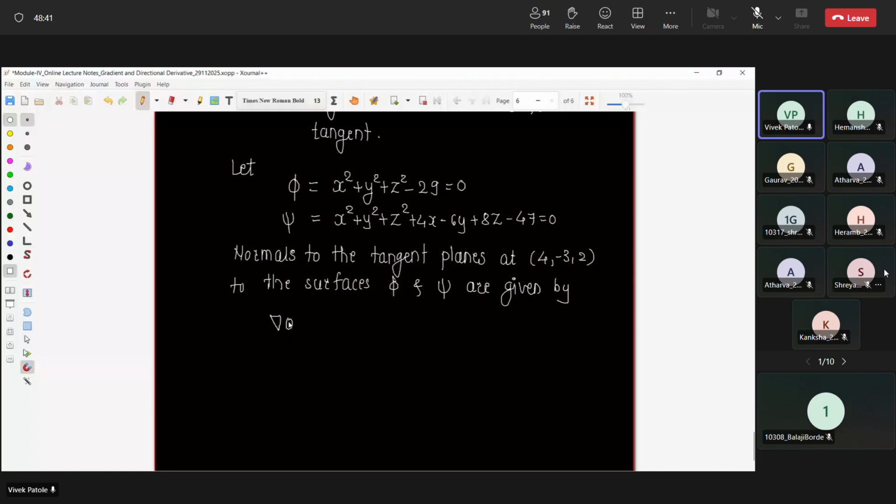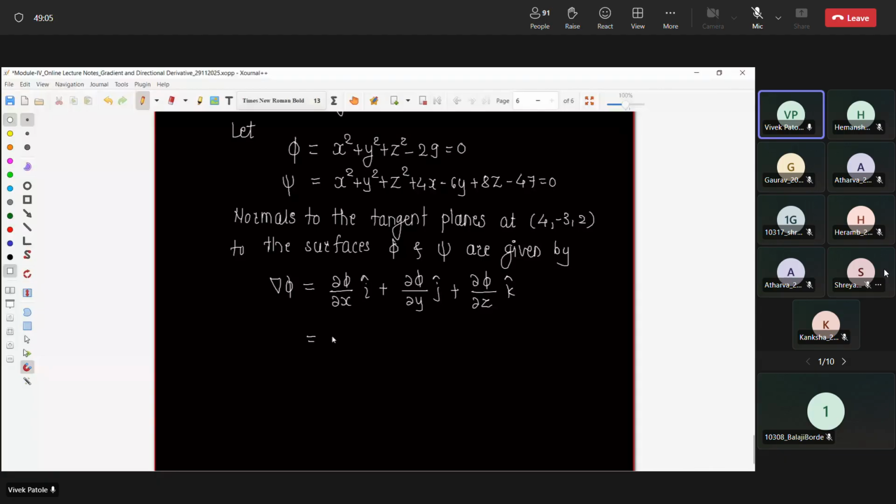So del phi is equal to what? Del phi upon del x i cap plus and so on. Now you can use the formula directly. No need to write down the del operator separately and then operate it on phi. You can write down this formula directly. So we are going to get del phi as 2x i cap, 2y j cap,